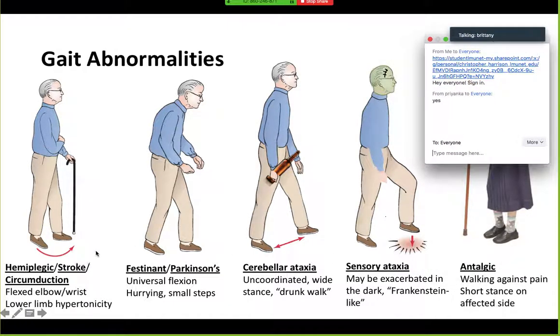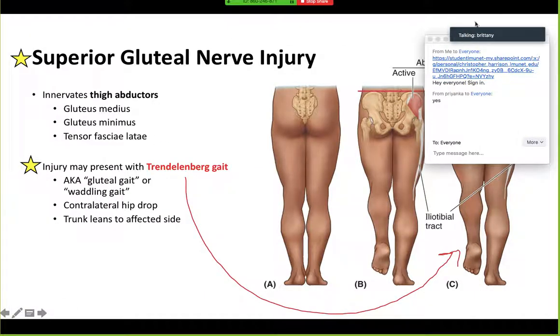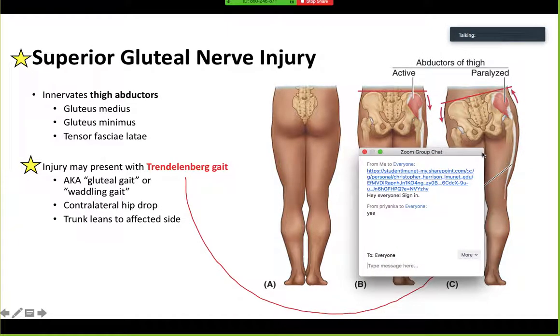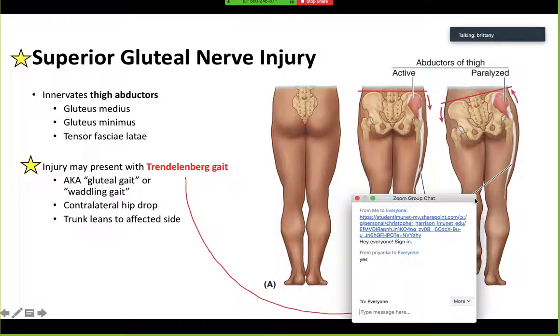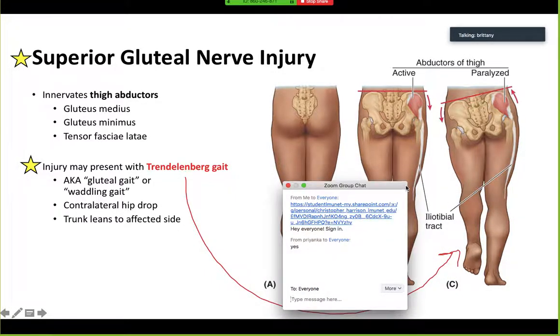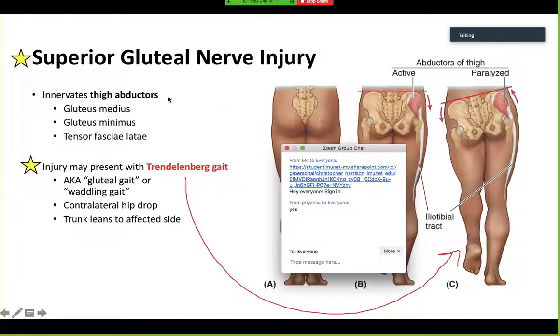Gait abnormalities. I don't remember him testing specifically on any of these. So these are more for when you get to neuro and second year, of course. But this one, you definitely need to know. I think this has been brought up at least a couple times in a couple different lectures, so that's probably a big hint that he's going to ask about this. So if you have an injury to the superior gluteal nerve, first of all, know which